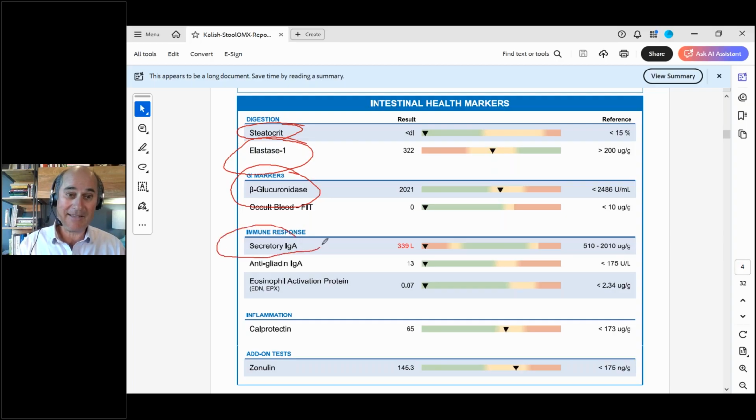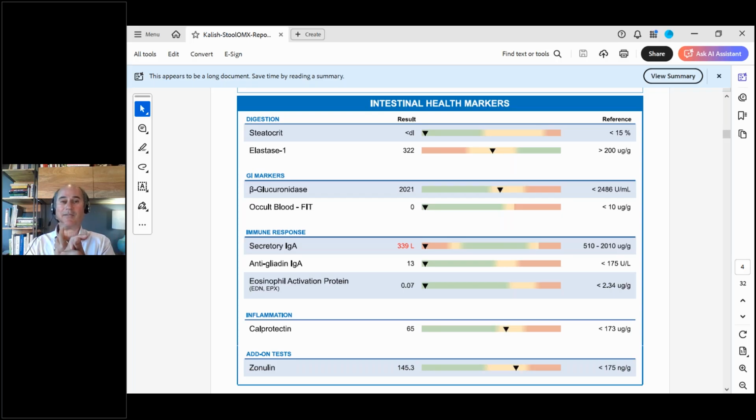Here's our SIgA. You can think of Bradley Cooper every time you see SIgA. Low SIgA is a problem. SIgA is regulated by stress hormones like cortisol. And then here are some inflammatory markers, leaky gut marker called zonulin. So these are all giving you the general status of the GI organs. Are they inflamed? There's like 5 or 6 things, right?